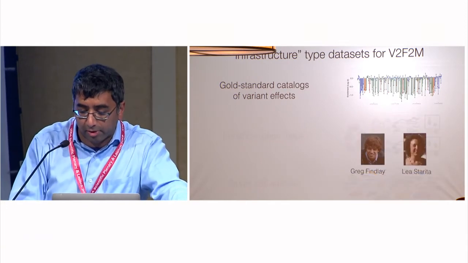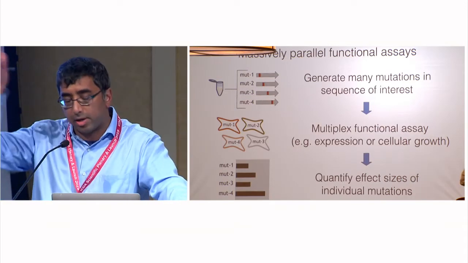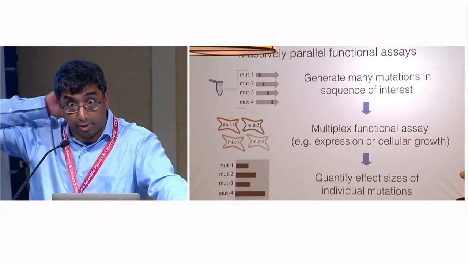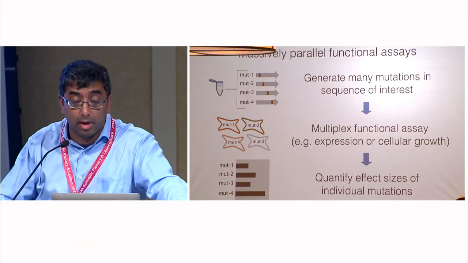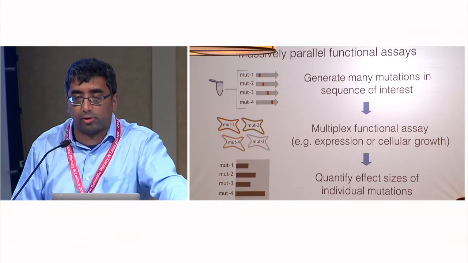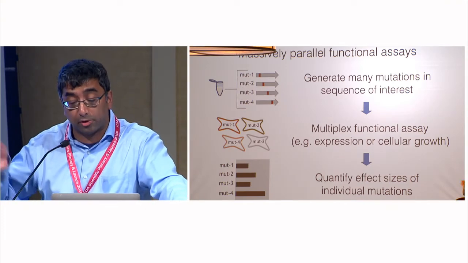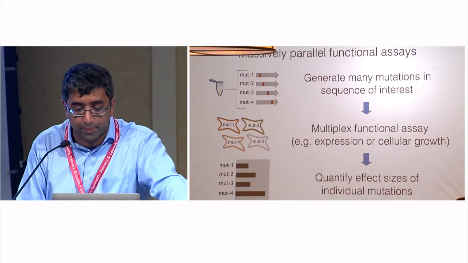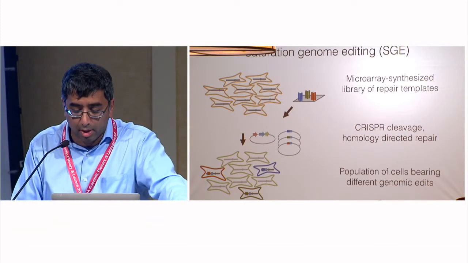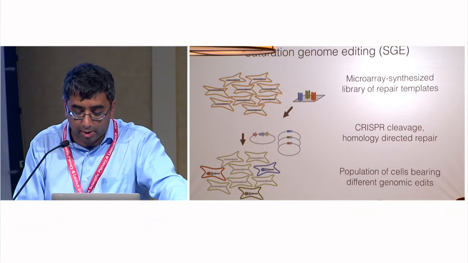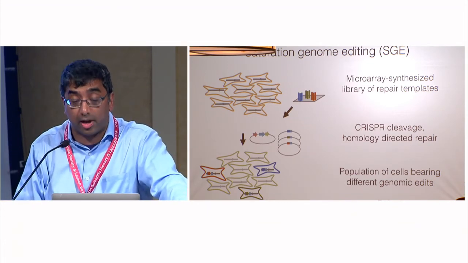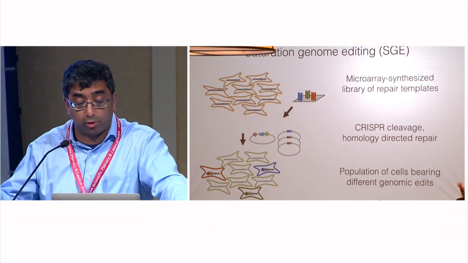This is work from Greg Finley and Leah Sarita. So we and many others have over the years been pursuing these kinds of massively parallel functional assays, testing large numbers of variants in parallel in cellular or in vivo assays and using sequencing as a readout for the relative effects of variants in that assay. Increasingly, one can do this with CRISPR, right? So the kinds of perturb-seq assays that Aviv mentioned, also actually introducing individual nucleotide variants in parallel into a system